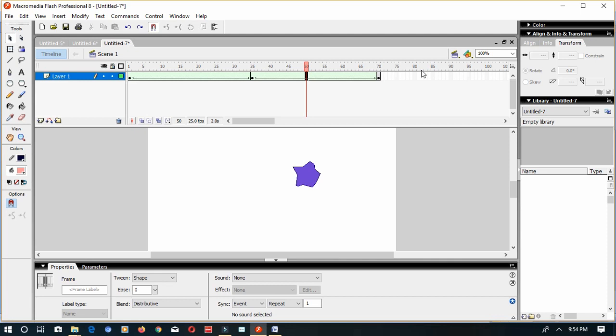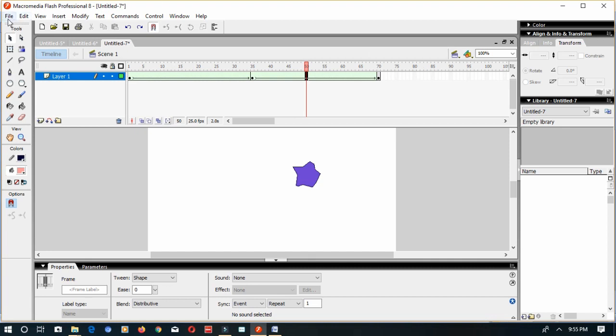Now let's see how motion tween animation works. By the name, what you understand is it will change the motion, it will move. So it will bounce the ball, or if you want to move the object from one place to another, this motion tween animation will be useful. So what should we do? We have to convert the object into a symbol for this animation. For shape tween animation, you need not convert it into a symbol.